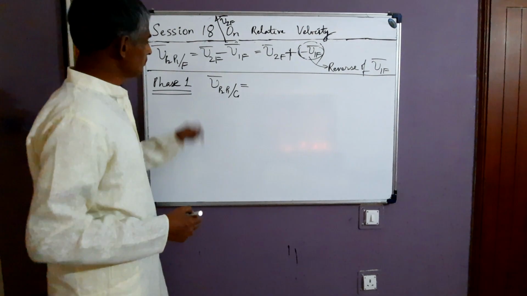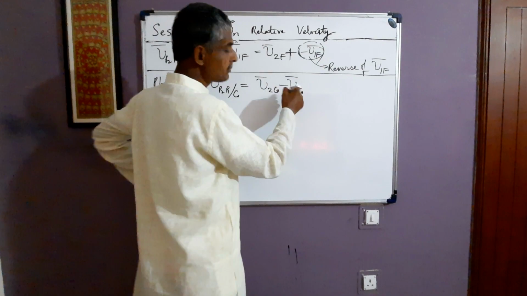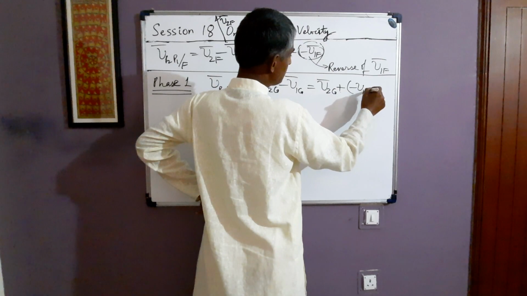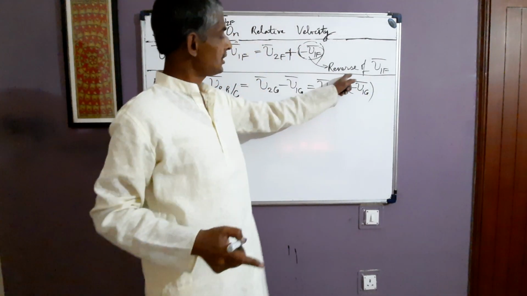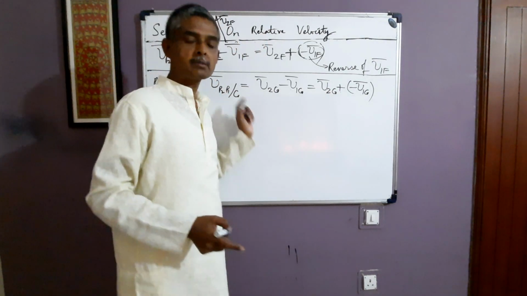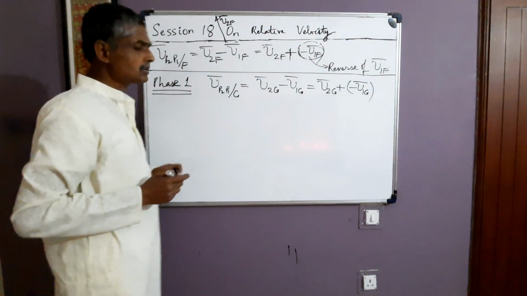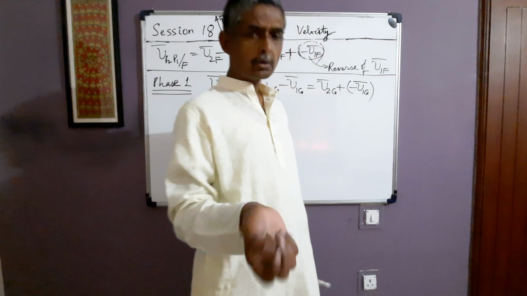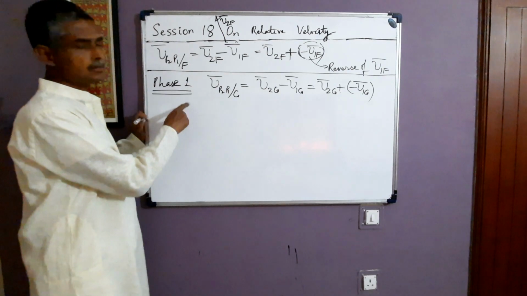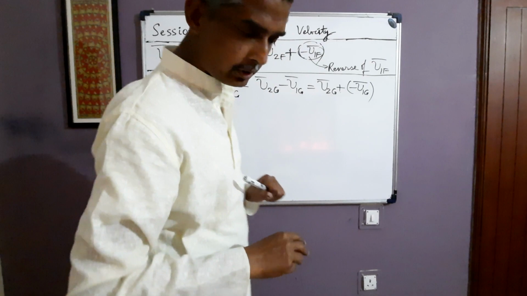So V P2 P1 G is nothing but V2G minus V1G, which can be written as V2G plus minus V1G. As I've discussed just now, this is just the reverse of V1G. So we add this vector to V2G, we get the relative velocity of P2 with respect to P1 in ground frame. Now before going ahead in phase 1, one more thing I would like to say, whether it's phase 1 or phase 2, the basic method of relative velocity calculation remains the same. But in view of its importance, I have split this relative velocity calculation between 2 points in 2 phases, phase 1 and phase 2.